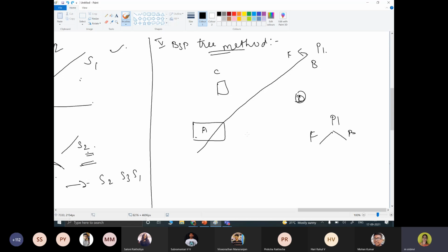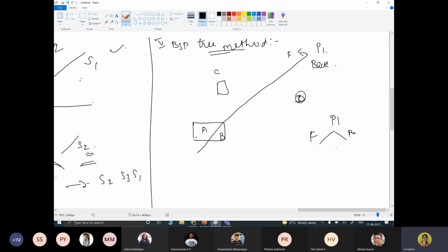But when you see A, only a part of A is present in the frontal view. Part of B is present in the backside of P1. Clear, this portion, so I am making this as B. This is back, don't confuse with this. So a portion of A and C is visible with this P1 view, and B and D is visible as the back view of P1.